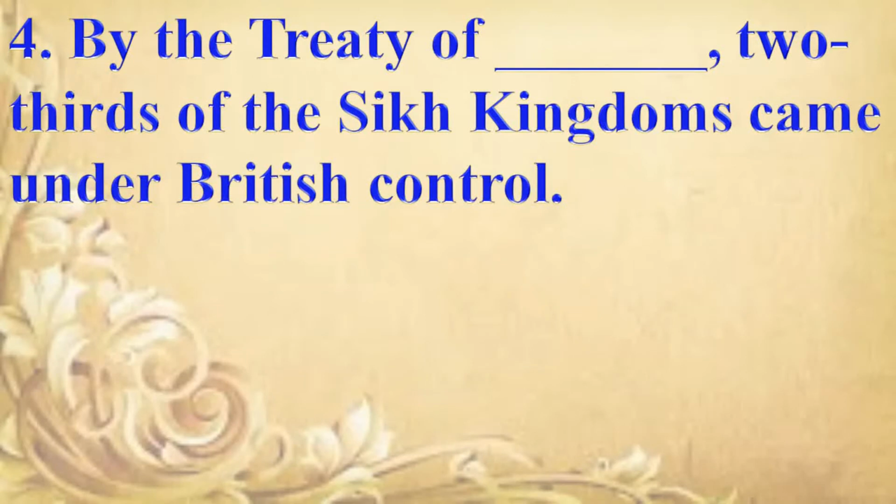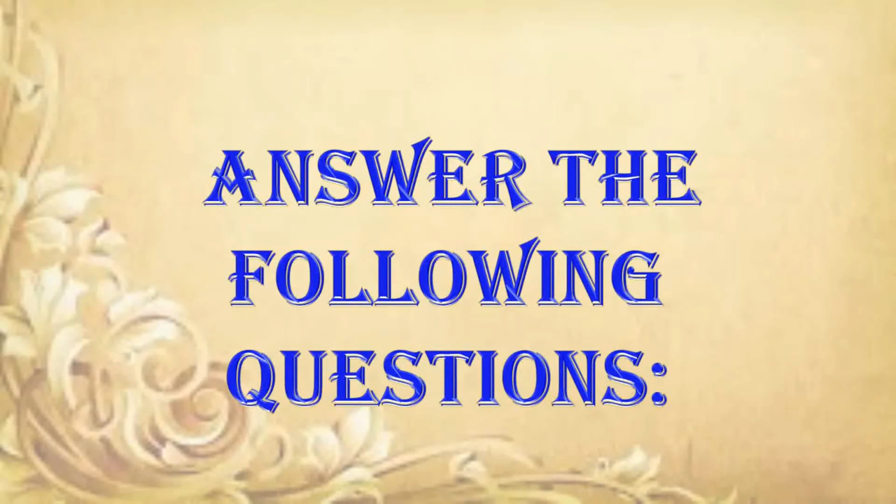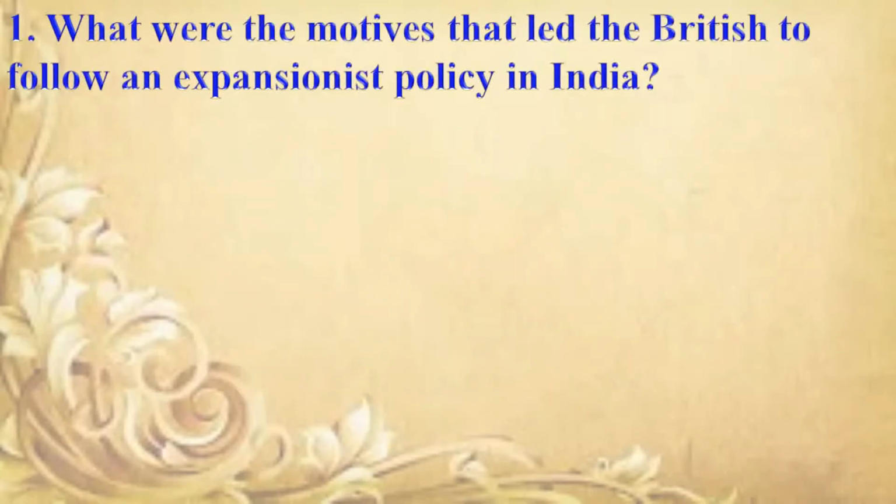By the Treaty of ___, 2/3 of the Sikh kingdoms came under British control. Answer is Lahore. Next question. After the Third Anglo-Maratha War, Poona was merged with the ___ Presidency. Answer is Bombay Presidency. Next question. Answer the following questions. What were the motives that led the British to follow an